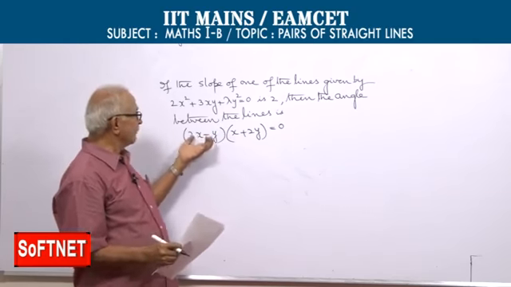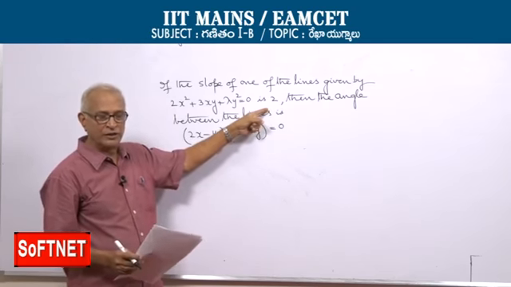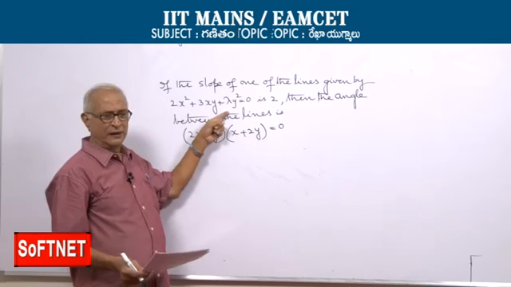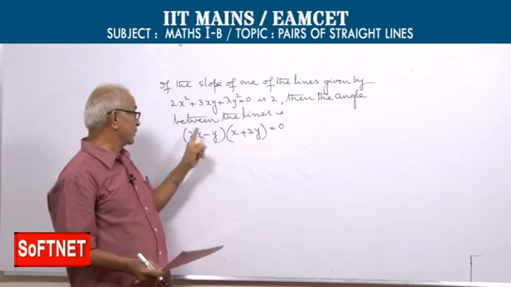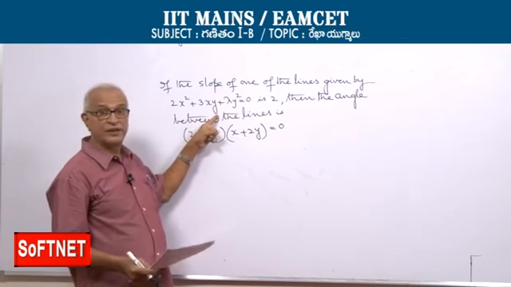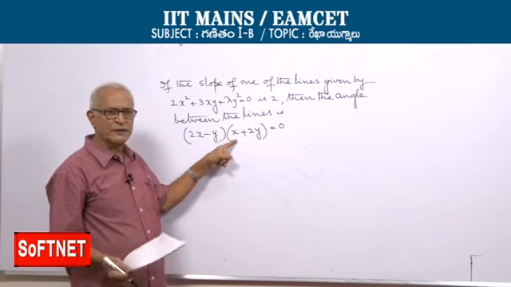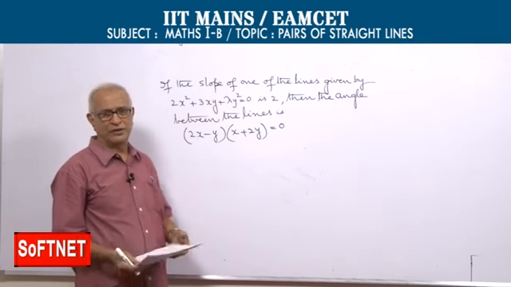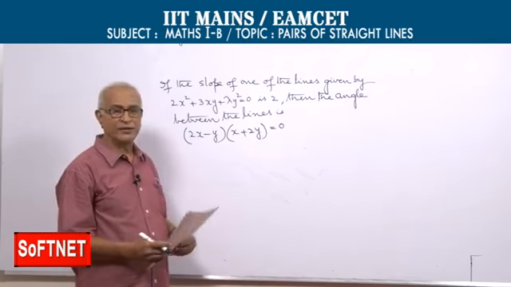You see, 2x minus y comes from the fact that the slope is 2, and the line with slope 2 passing through the origin is given by y equal to 2x, or 2x minus y is equal to 0. So 2x minus y must be a factor of the left hand side. The other factor, because of the presence of 2x square, you have to write x here, since 2x into x will be 2x square. And because you don't know the y square term, but you know the xy term is 3xy, this is minus xy. So we need another 4xy. 4xy can be supplemented by writing 2y here, because when you multiply 2y by 2x, you get 4xy. So that's how you can manage without finding the value of the unknown lambda. And what is the slope of the second line? Minus half.